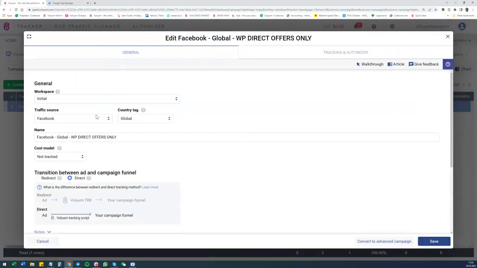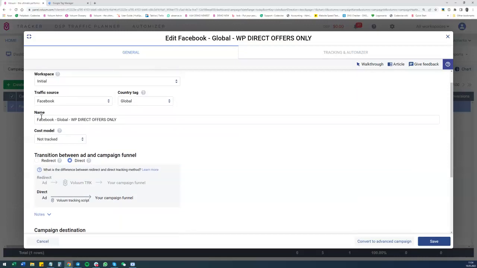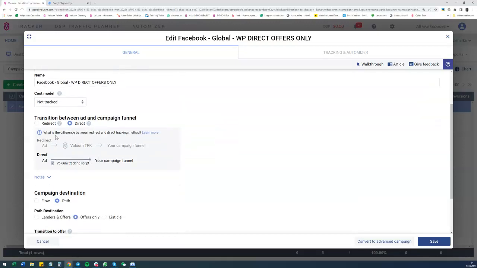As you probably already know, some of the traffic sources like Facebook, Google, or Outbrain require direct transition between an ad and the first step of native campaign. What does it mean in practice? In practice, when you are promoting your own offer and you want to drive your visitors directly to this offer and you use those specific traffic sources, you need to select direct transition, which means that there is no redirection through Voluum servers and it cannot generate a click ID in the visitor